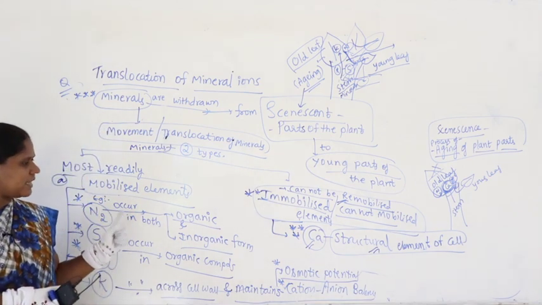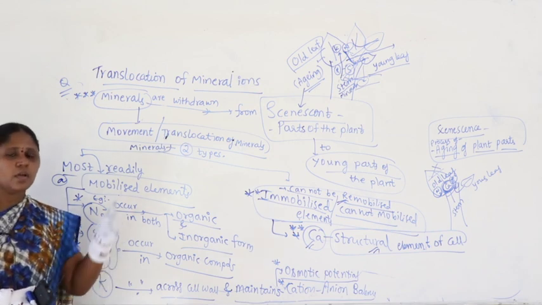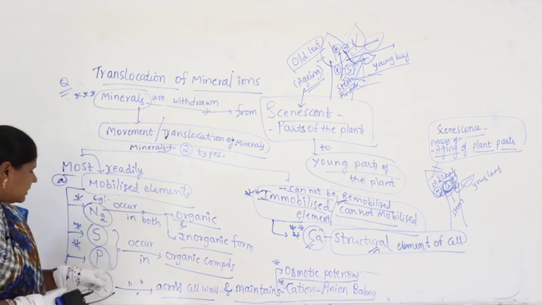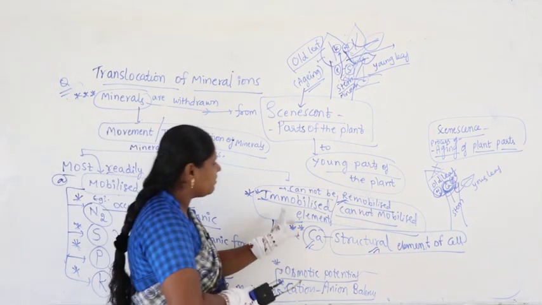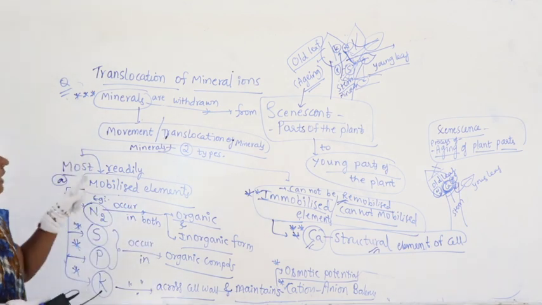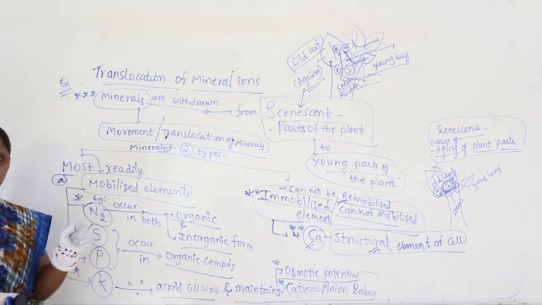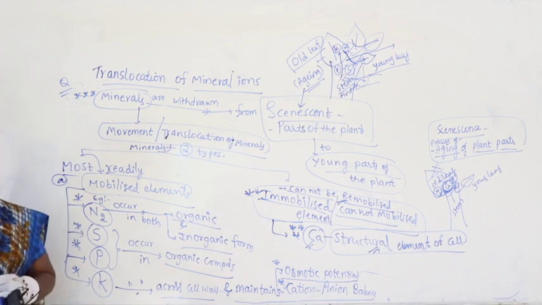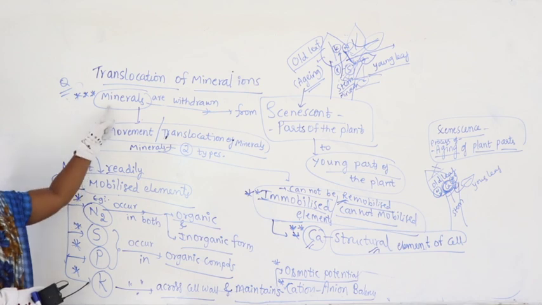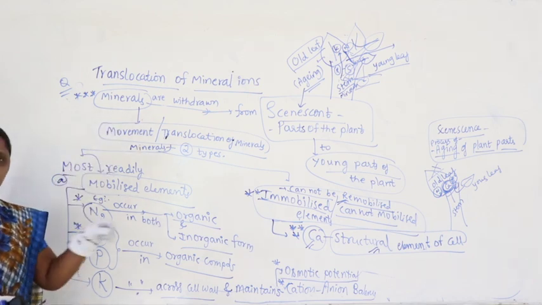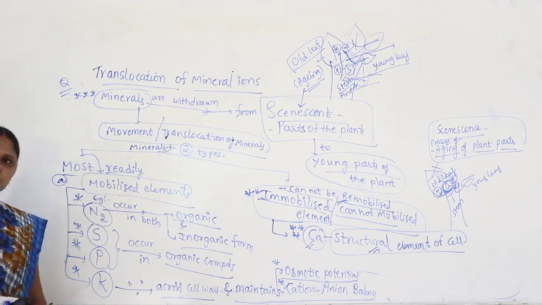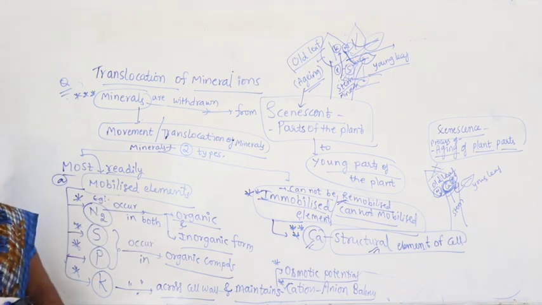So, if you take calcium and sulfur, in the mineral nutrition chapter, in one paragraph, they will say sulfur and calcium are immobilized elements. Guys, do not get confused. In Transport in Plants, if you look at the NCERT textbook, the textual lines I am speaking about, we have the paragraph called translocation of mineral ions. In that, sulfur is placed in mobilized elements, okay, and for immobilized they will write calcium.